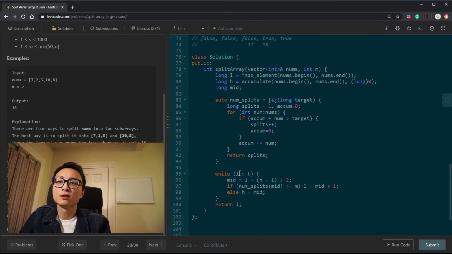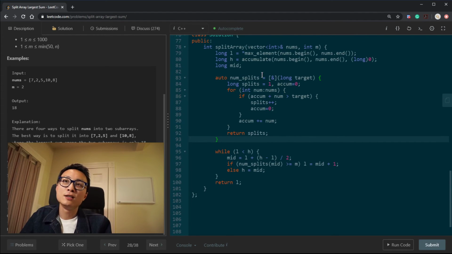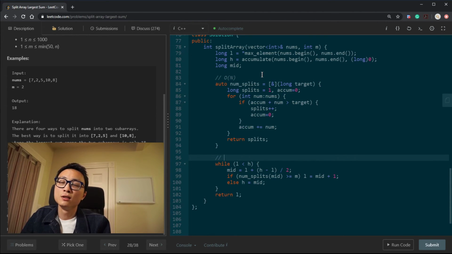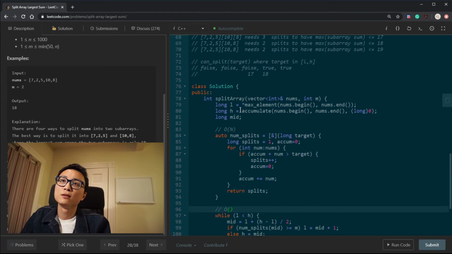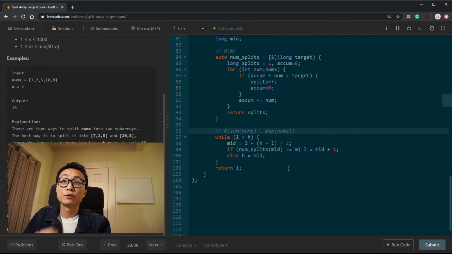The DP is exhausting, so I kind of lose my focus when I talk about the binary search. Yeah, but this is pretty much the idea. The subroutine here takes O(n) time, and this binary search is going to be log of the search space, so it's the sum of nums subtracted by the maximum of nums. That's the time. So in total, it's these two multiplied together. For space,